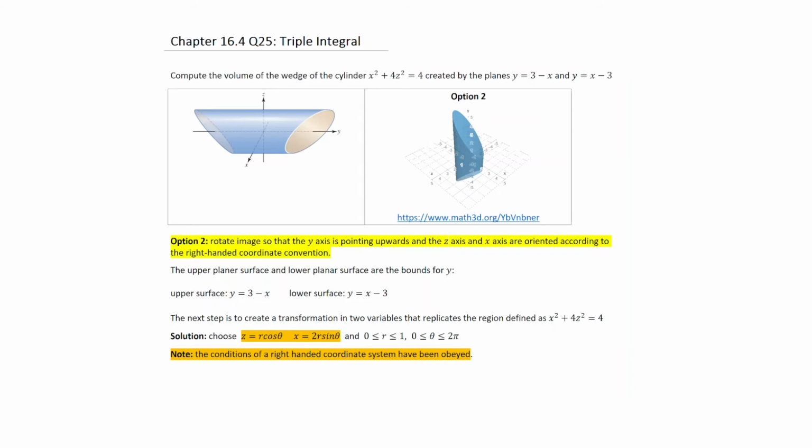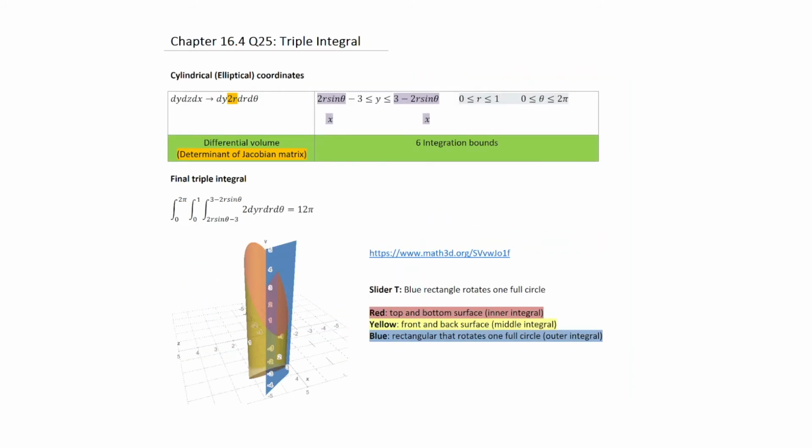volume would be. All right, so if you do that Jacobian calculation, you'll end up with a value of 2r now. And so in this case, the integration order would be dy, and then dr and d theta. So that's the transformation that we see going from Cartesian volume element to this sort of cylindrical/elliptical coordinate. It looks like this. So the only thing we have to do now is to transform the bounds on y